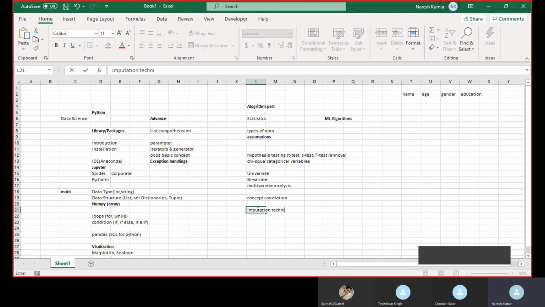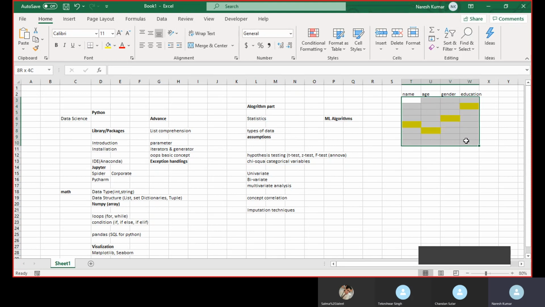It doesn't mean that once we get our data set, all our columns would have complete data, right? There might be a row where we have a missing value. So these missing values need to be removed before we proceed to model building. We should have complete values, then only our model will be trained well and be helpful for our prediction. So we will be doing imputation on our data set.